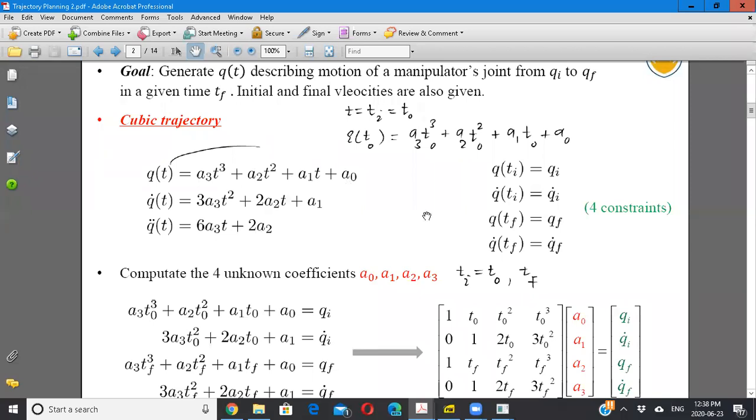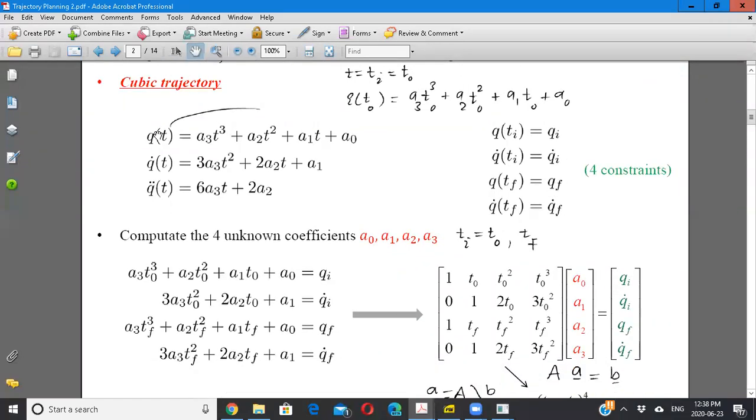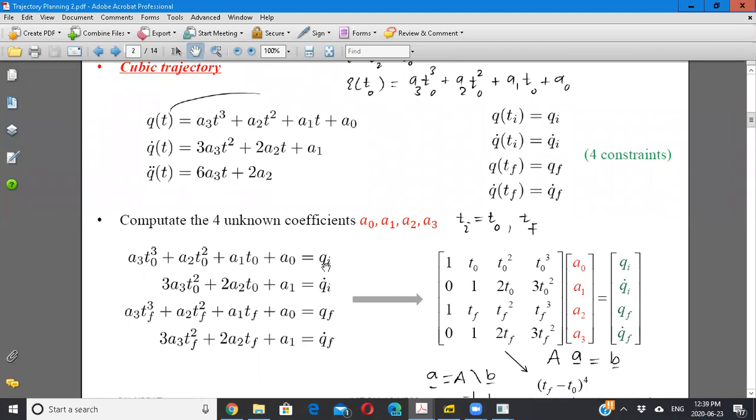And we can find them if we utilize the initial conditions that were given. So put here in this polynomial t equal to ti, t naught, initial time. So your q of t naught will become equal to qi. Everywhere replace the variable t by the constant t initial. So this will become a0 plus a1 t naught plus a2 t naught squared plus a3 t naught cubed, equal to what was given, q at t naught was qi. Similarly,